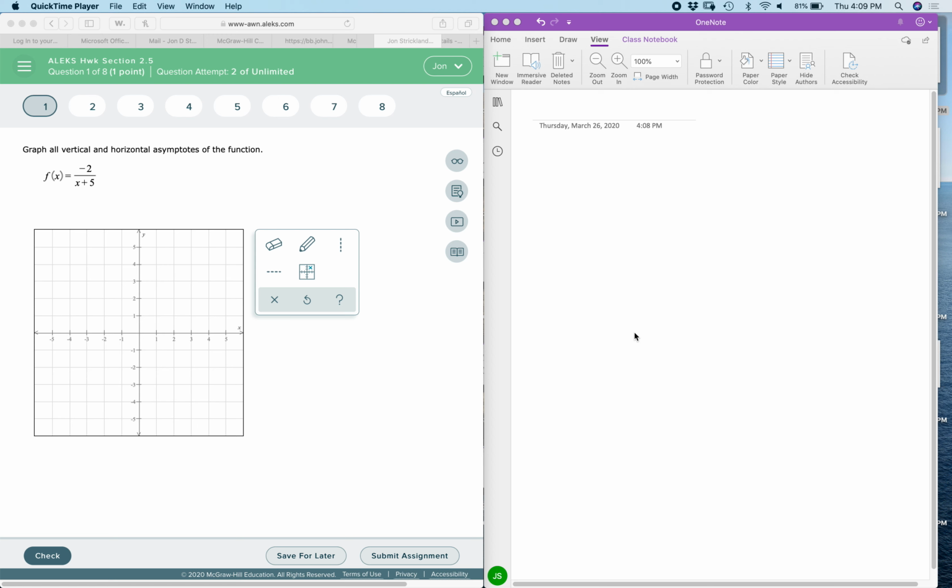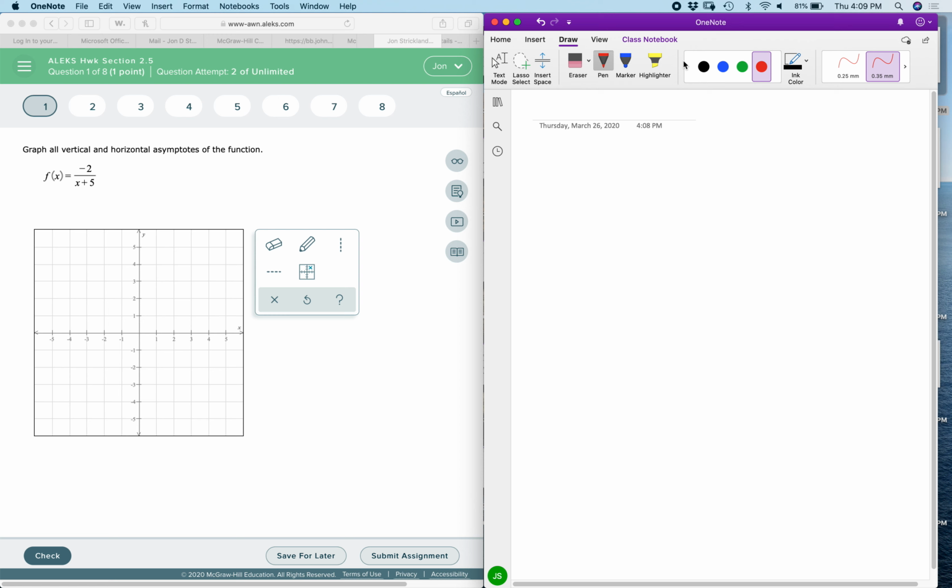All right, for what we have in ALEKS for section 2.5, in the first problem, we're looking at graphing all horizontal and vertical asymptotes of the function. First of all, we have f of x is equal to negative 2 over x plus 5. Looking for the vertical asymptotes, if there are any,